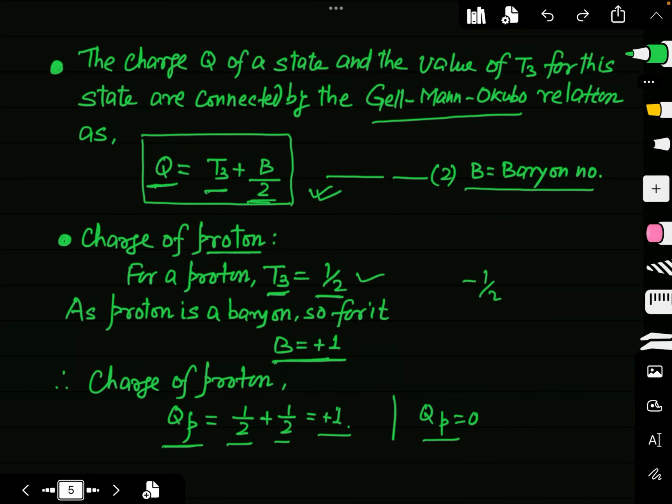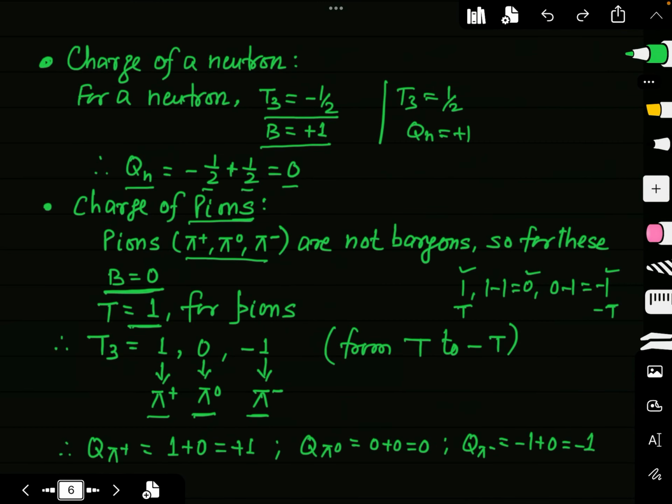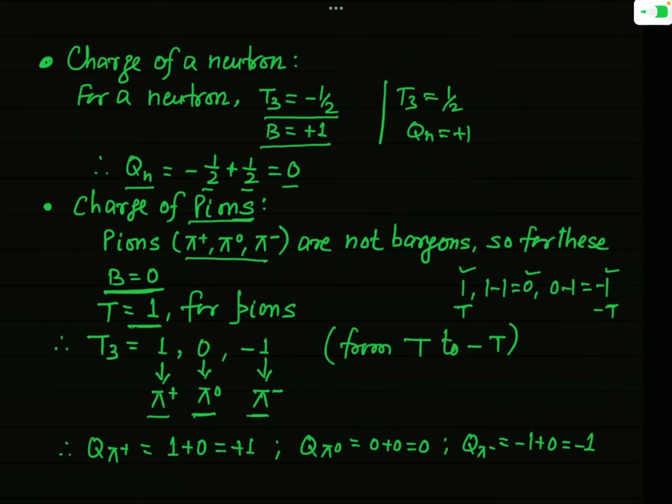So now one by one we can calculate the charge of these three states of pions. First of all, the charge of pi plus, Q pi plus. For this, I have taken T3 equal to 1, so I have written here 1 plus B by 2, but B is equal to 0 for all pions, so this will be 1 plus 0,